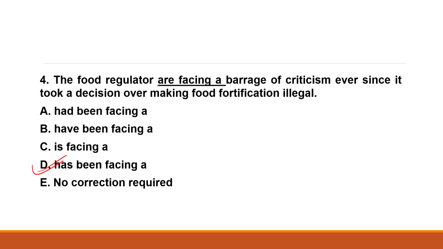The use of "since" in the sentence indicates the requirement of present perfect tense or present perfect continuous tense. We know the present perfect gives the idea of completion, while the present perfect continuous suggests that something is unfinished. In the given sentence, the issue is still rife. So, we need to use present perfect continuous tense, that is, "has been facing a", that is option D is